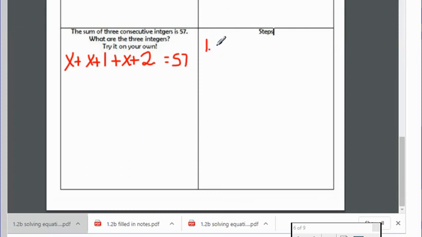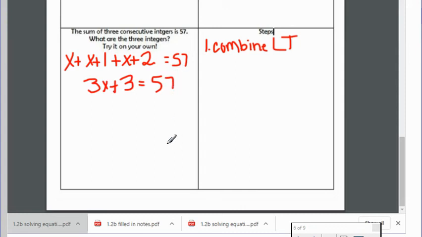So our first step is we're going to combine like terms. I'm going to abbreviate because I'm bad at writing today. So x plus x plus x is what? And 1 plus 2 is 3. And then you're just going to solve your equation. So we're going to subtract 3 from both sides. We'd have 3x equals, what's 57 minus 3? And then my last step is to divide by 3,